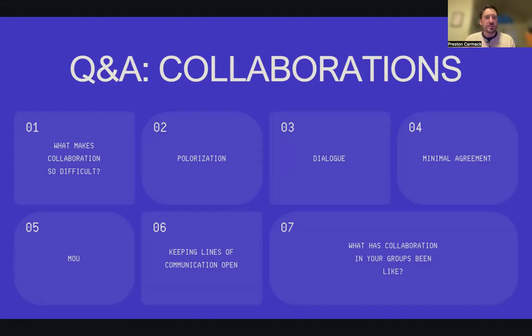So the first piece here is this question that happens at the beginning of the readings. I think this is chapter 10. And I thought this was so interesting. It was, what makes collaboration so difficult? And I'm curious what you think in answer to that. What makes collaboration so difficult? Think about it for a moment. Is it different personalities, different visions of how a project should go? Is it different understandings of time?